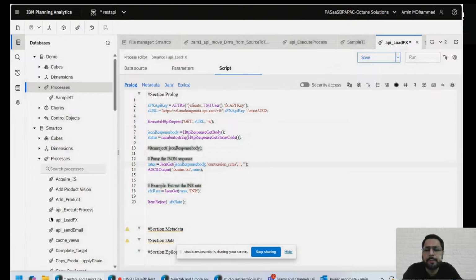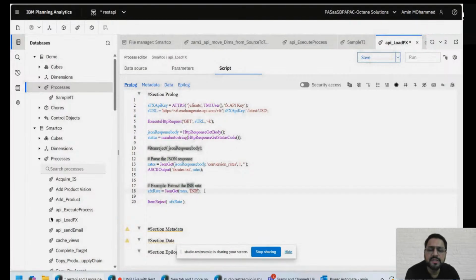All right. So I'm doing that using a function called JSON get. This is one of the functions which allows you to get the information from the JSON code or the JSON schema by passing the key over here. In my case, my key is the currency conversion rates that we have just seen in our previous step, and that's what I'm getting. I'm storing that as a variable called rates. On top of that, I'm also getting the individual rate, which in this case is the INR. So in my JSON get key parameter, I'm passing the INR as the key,